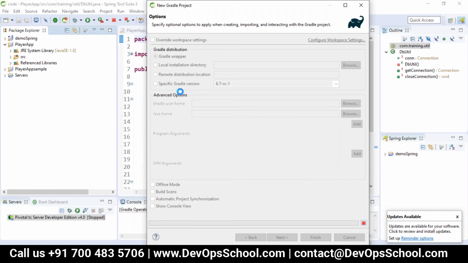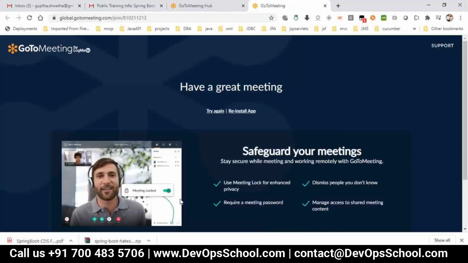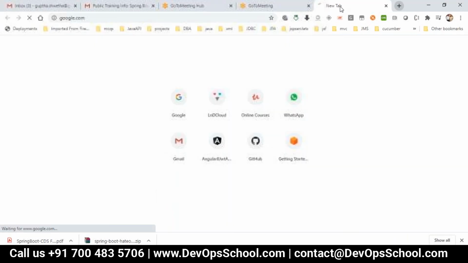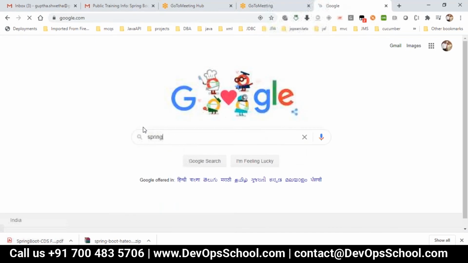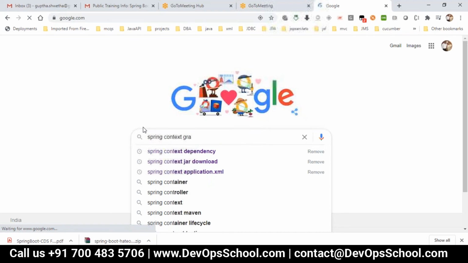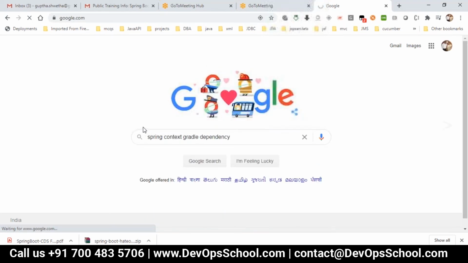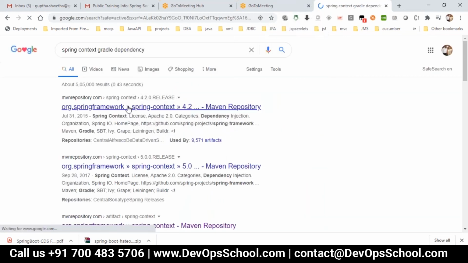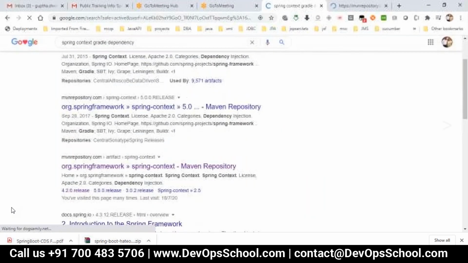So then the first step is we have to get the dependencies. So let us first take the Spring dependencies.